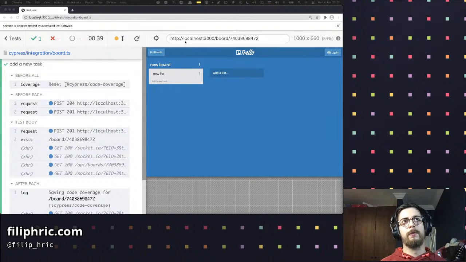You actually need to fiddle with your application a little. And when I say fiddle, it means the instrumentation of your app. So what you need to do is to generate a version of your app that is instrumented for code coverage. So basically the app knows when a function has been called,